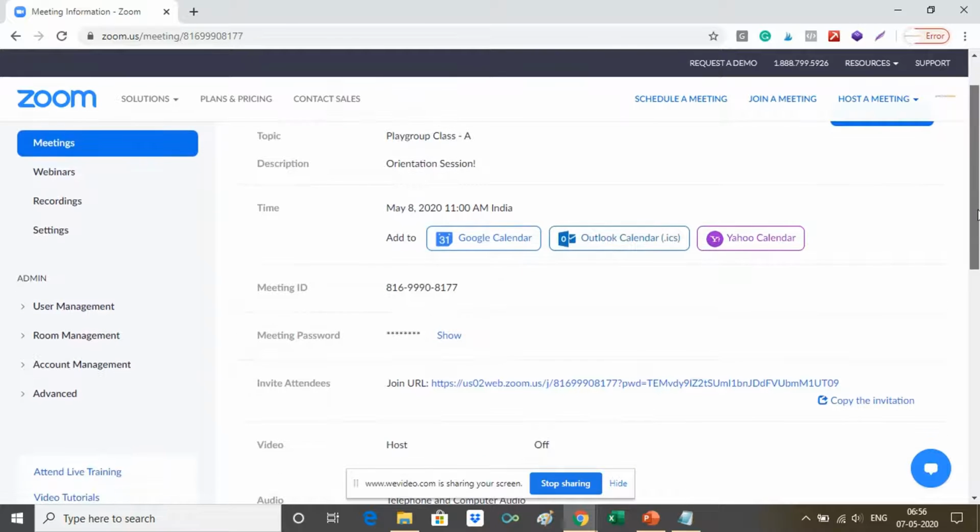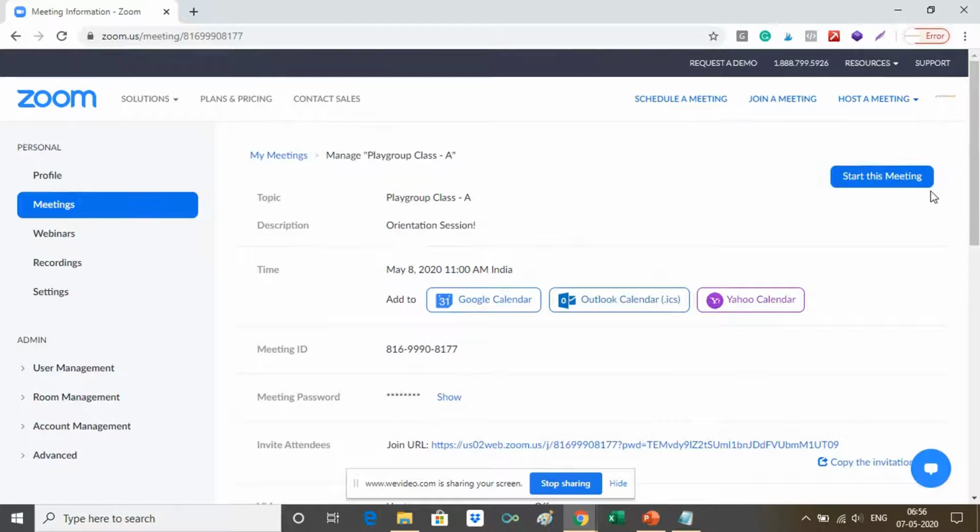Do not click this button before you want to start the meeting, because I have scheduled a meeting just now, and if I click this, the meeting will start. So do not click on start this meeting till the time you want to actually start the meeting.